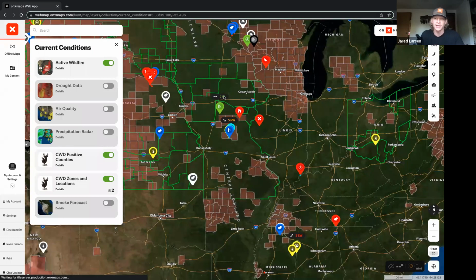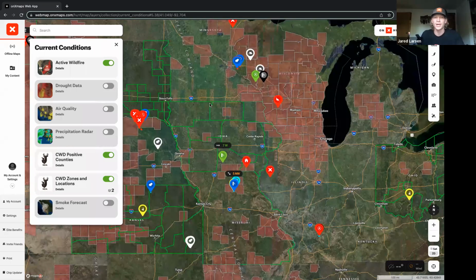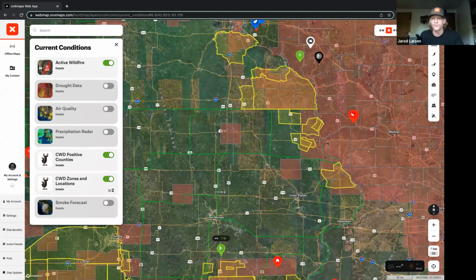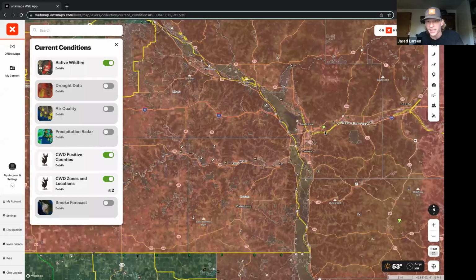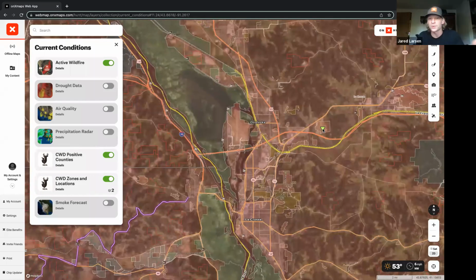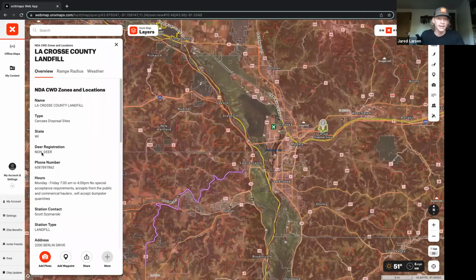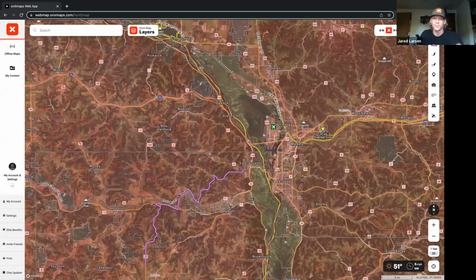And then as you zoom in, when you see those yellow borders populate, those are some of the CWD zones. And as you zoom in further, you'll see this little yellow triangle. You can click on that and you see right here, that's a spot where you can go, they'll accept deer, you throw them in a dumpster essentially for the disposal of that carcass so it can be disposed